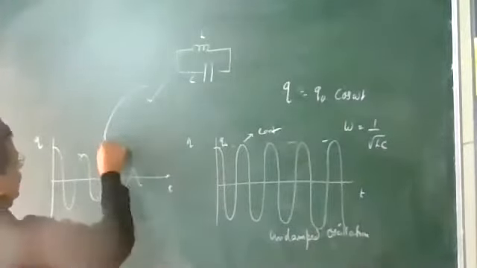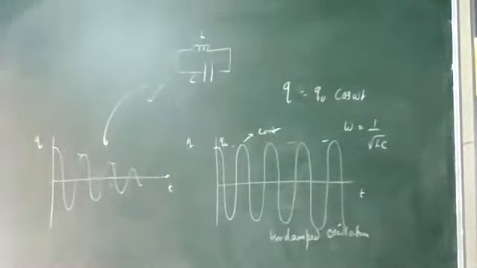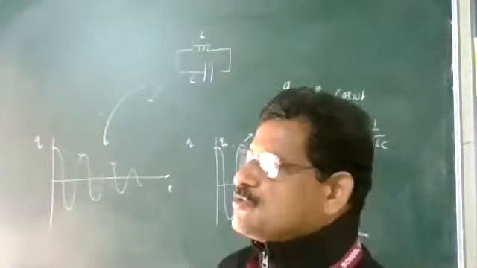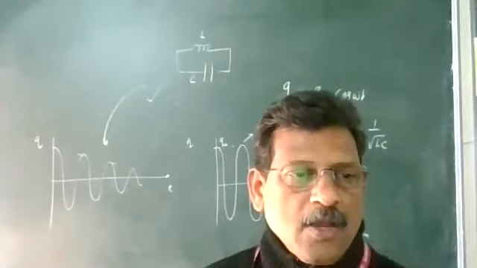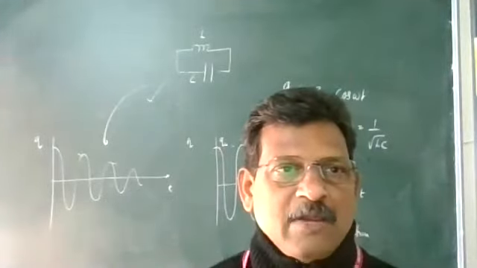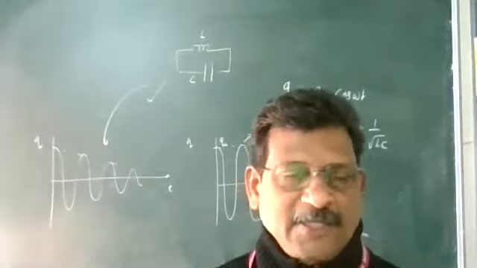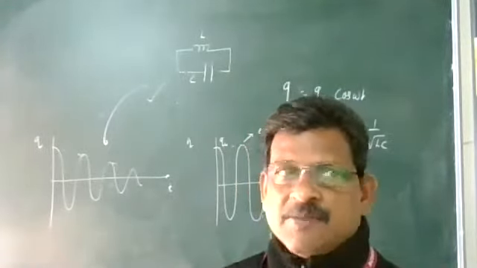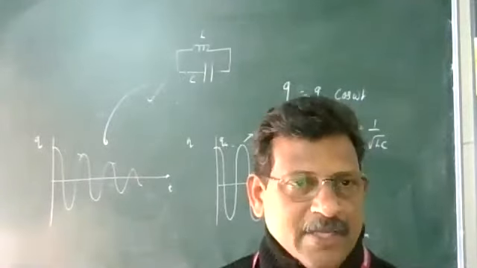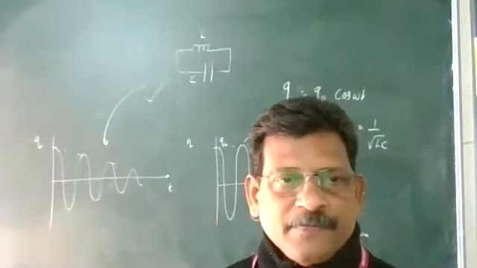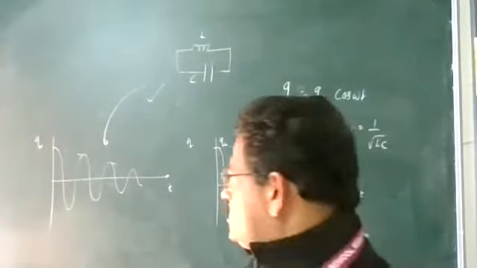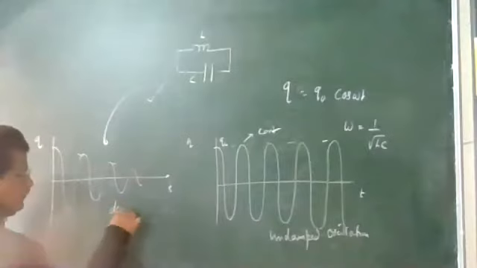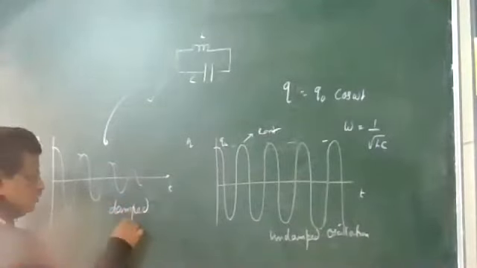This is the variation of Q with t. In reality, whenever you check the output of an LC circuit, the variation will be like this, with the same frequency in both cases. Why is the damping there? Because there will be some dissipation of energy. If it is a pure inductor, there is no loss, but if there is some resistance in the inductor, then energy wastage will be there. So this is the damped oscillation we get from LC circuits.